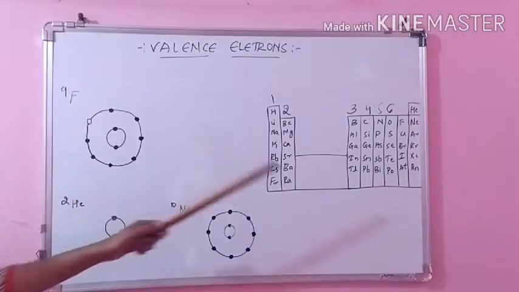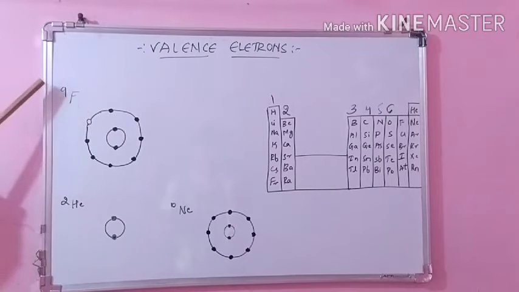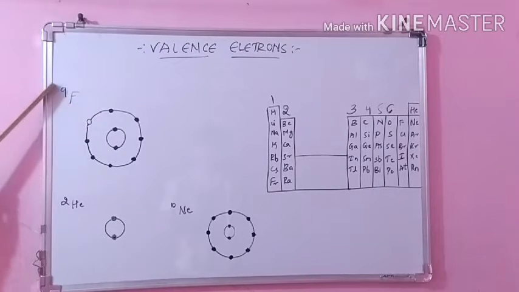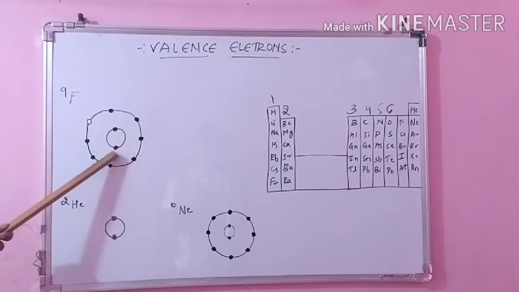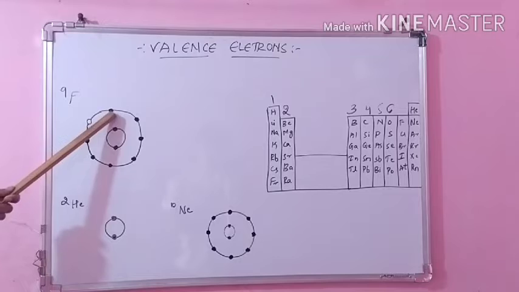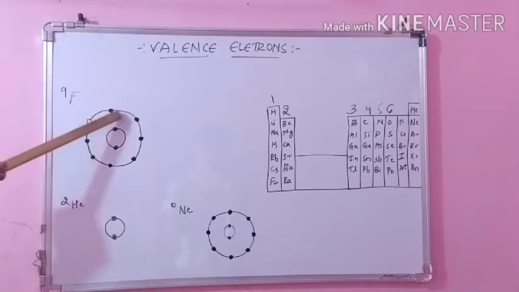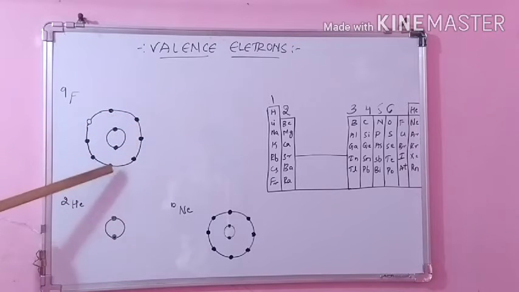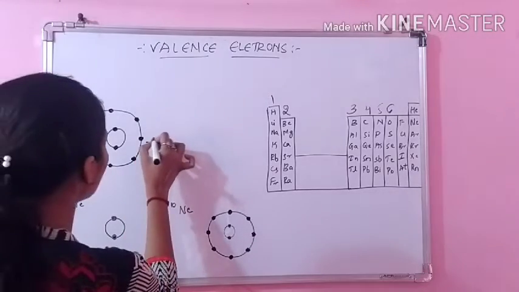Now we will move on to this column. In this column we will take fluorine. Fluorine has atomic number 9, so definitely it will have 9 protons and 9 electrons as a neutral atom. You see the first energy level is filled with 2, so 7 are remaining. I have put 7 electrons here, so only 1 will be unfilled. The outermost, farthest orbit is the second orbit. How many electrons does it have? 7 electrons. Then 7 will be the valence electrons for fluorine.